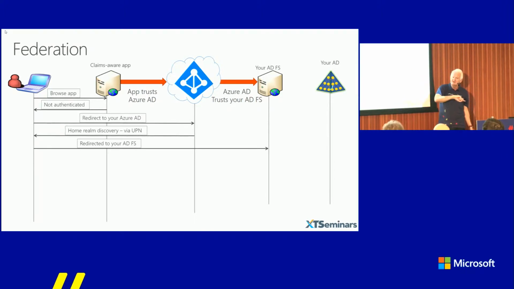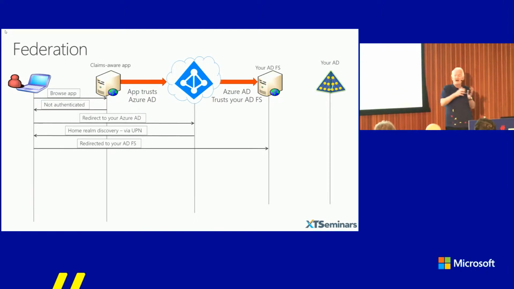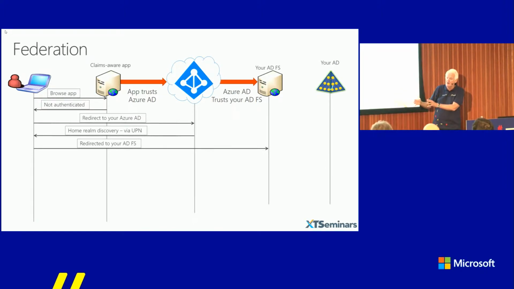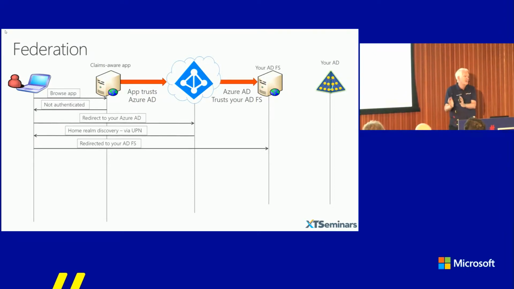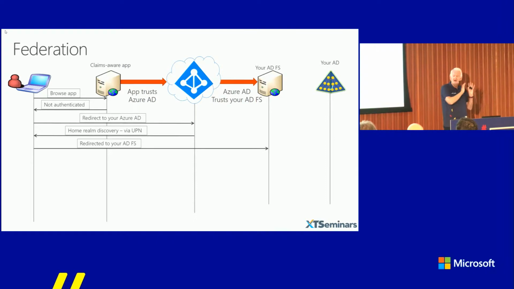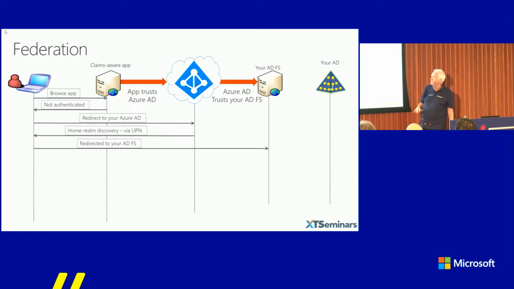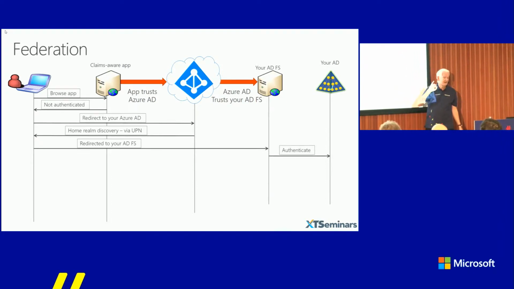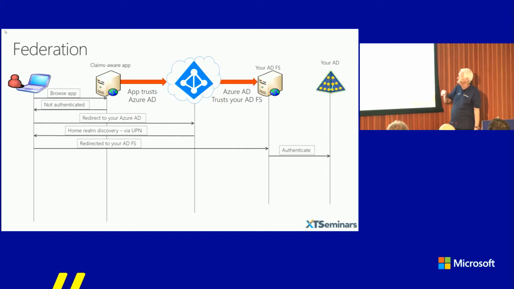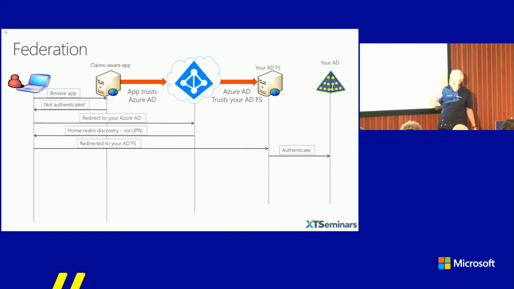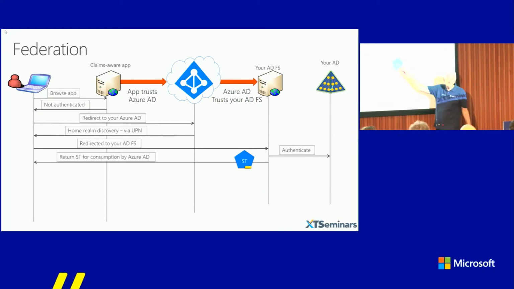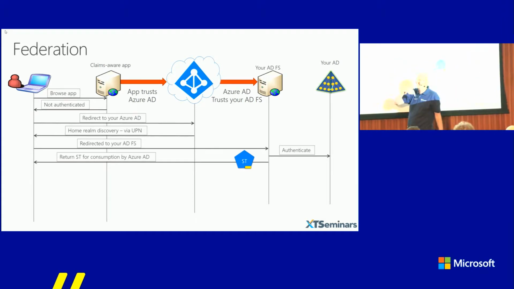But if you're going directly to the ADFS server and you are joined to the corporate network and you have access to a domain controller, you can just get a Kerberos session ticket and pass it straight to the ADFS server, so seamless single sign-on, which is a reason a lot of people went for the ADFS solution. But nevertheless, we authenticate the user, we pass back a security token,